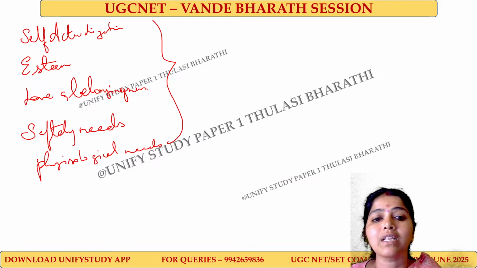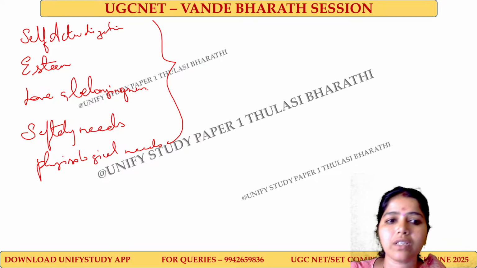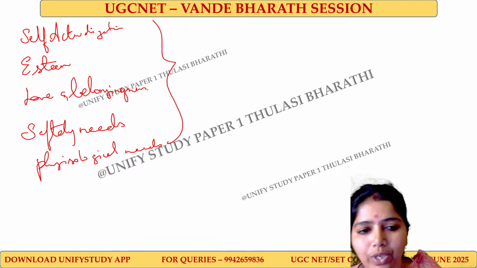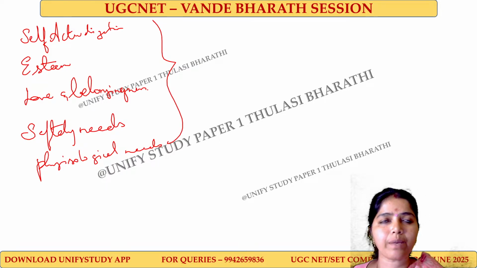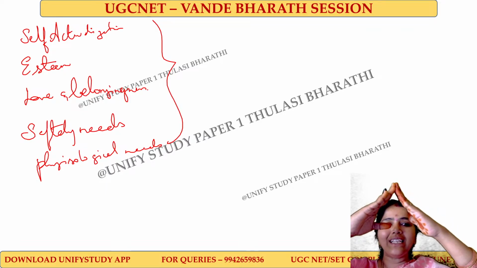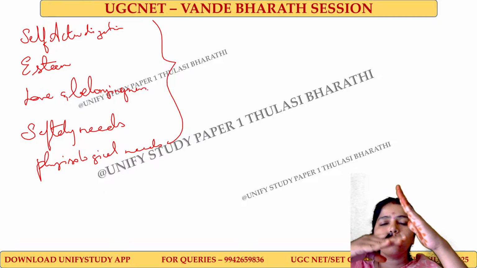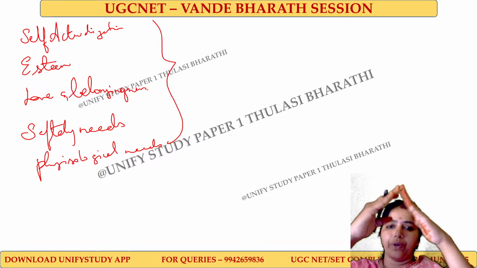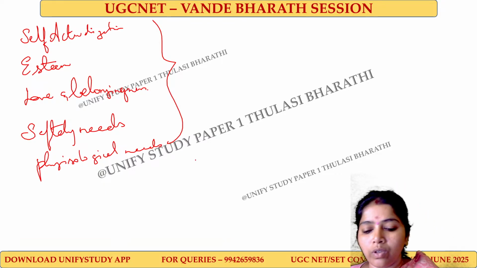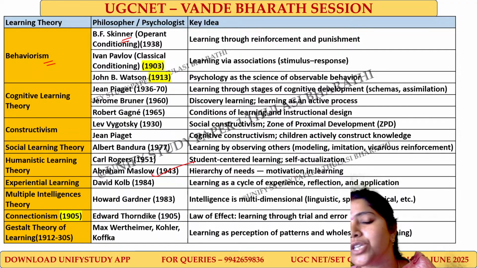And next, the last one comes: self-actualization. That's the most important need in a person. That is called self-actualization. Yes, clear? Clear? Because that will be the top of the needs, self-actualization. That only gives us fulfillment towards what we do, what our goal is, whether we have reached our objective or not. Everything will be done over here, right? Very good. Right, that's under Maslow's hierarchy of needs theory, motivation in learning something.